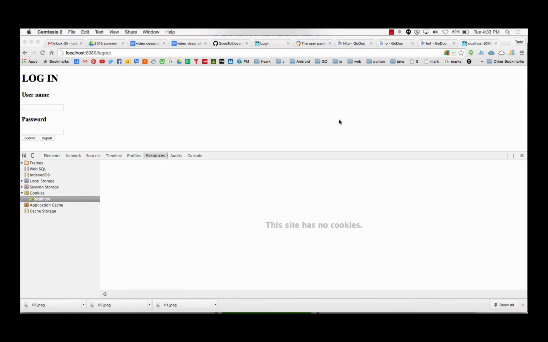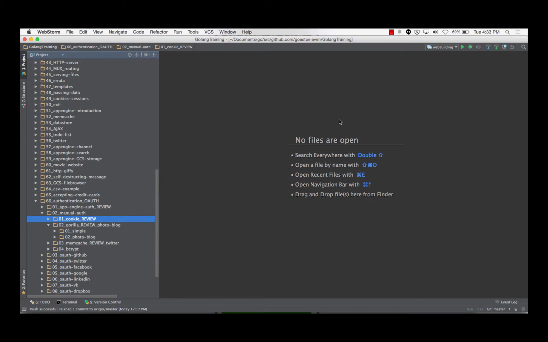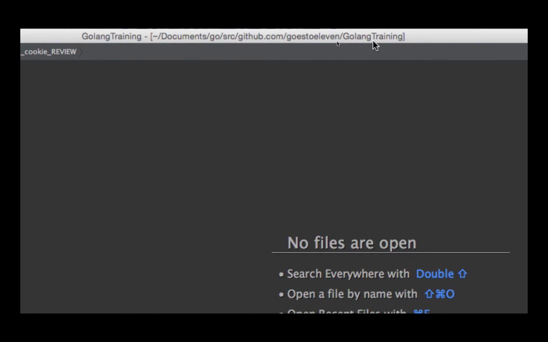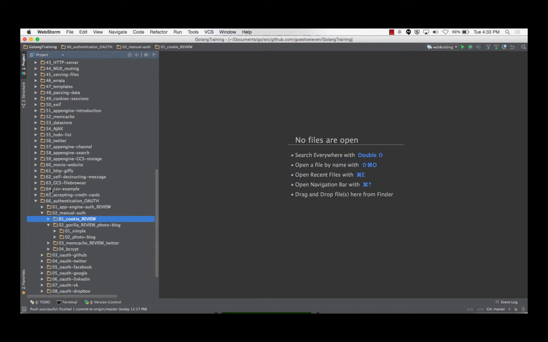And the code sample that you have here, you don't have to understand everything. This code sample, which is right here, GitHub goes to 11 Golang training, it's got all the resources. And the only thing I ask is if you build something and it starts taking off, you call me. And that goes for not only you in here, but everybody watching this video on YouTube, because you used my code to help you get going. That's the stipulation, use that code. But then I'm going to have to call up my teachers and bring them in too, because they helped me get this code. Caleb, come on, Caleb. Caleb would probably be like, no thanks, I'm happy.